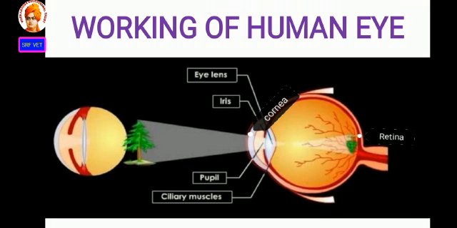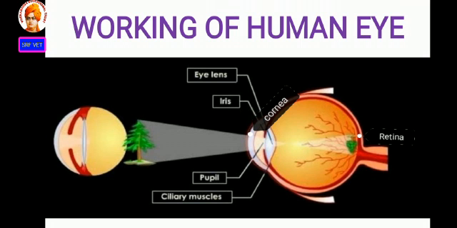Next, working of the human eye. The transparent layer cornea bends the light rays through the pupil at the center part of the iris. The adjusted light passes through the eye lens. Already we know the eye lens is convex in nature. So light rays from the objects are converged and a real inverted image is formed on the retina. Then the retina passes the received real and inverted image to the brain through optic nerves. Finally, the brain senses it as an erect image.